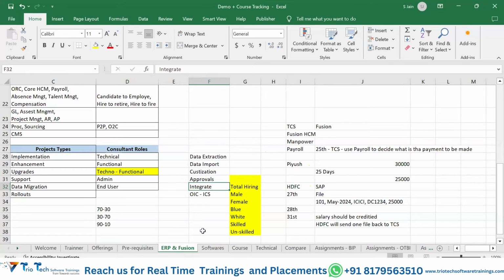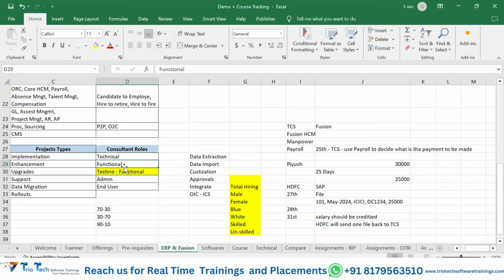Guys, to have that communication, that is to exchange data between two or more applications, we have to use integration. One of the major best-in-class tools available is OIC. Under OIC there is a service called ICS that we are building and learning. So guys, talking about the roles of consultants, we could be a technical consultant,